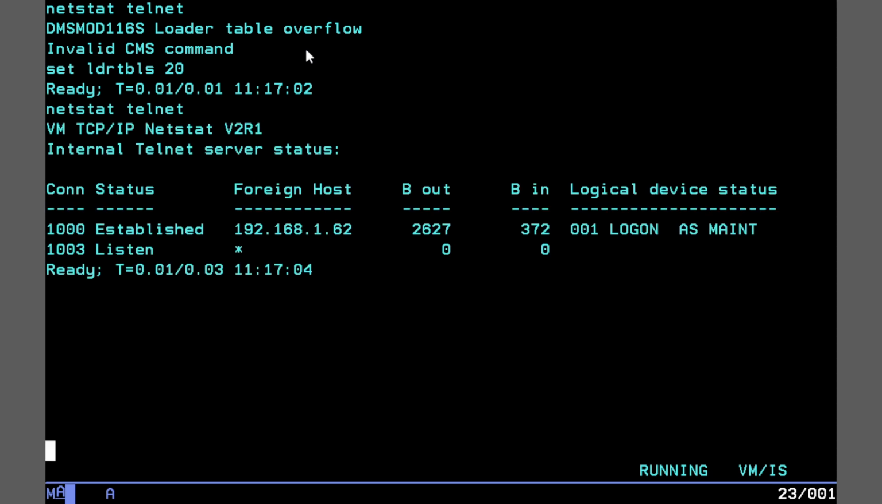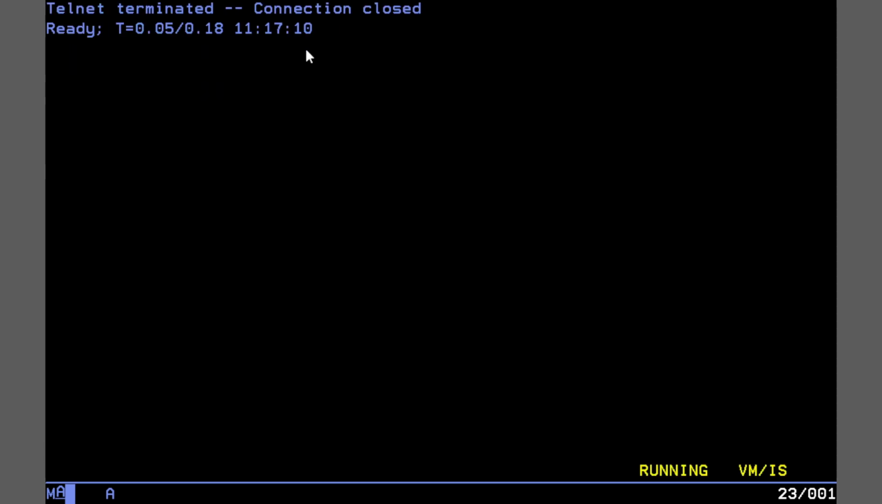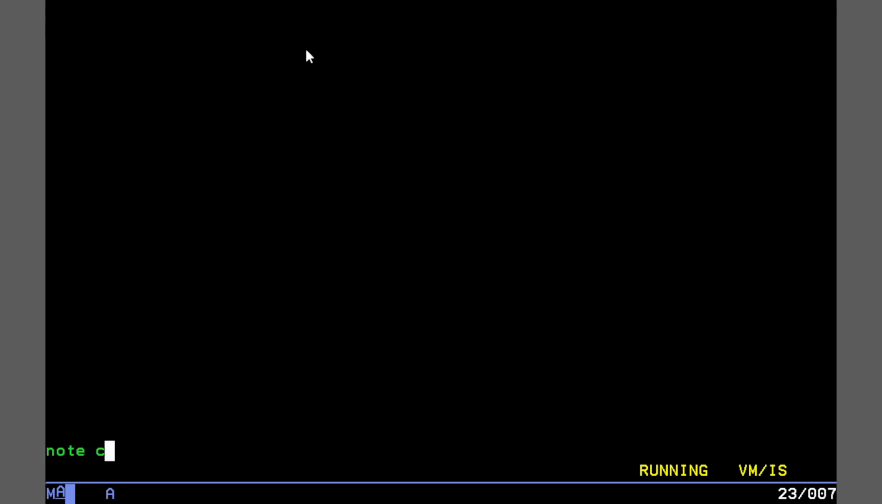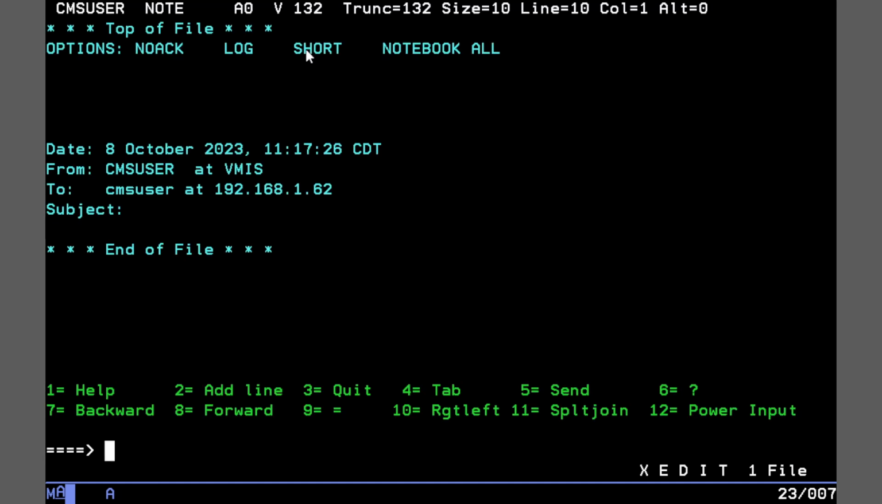There we go, and you can see that I'm logged on as mate. So we'll drop out of that, press enter to get back into CMS. And we can pretty much do everything else you'd expect with TCP/IP, including actually email ourselves. So we can do note CMS user at 192.168.1.62, and assuming,